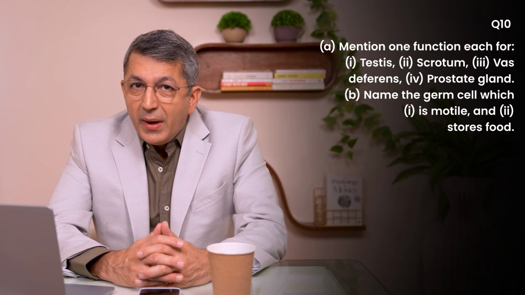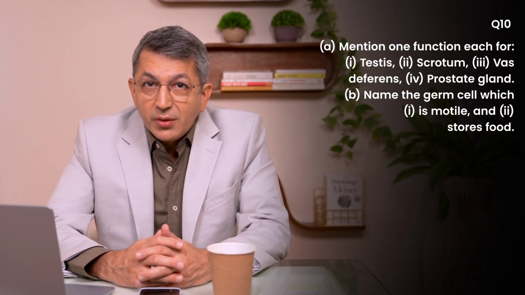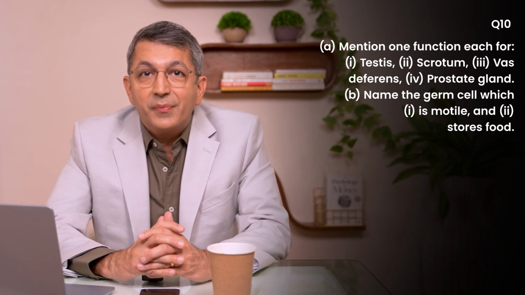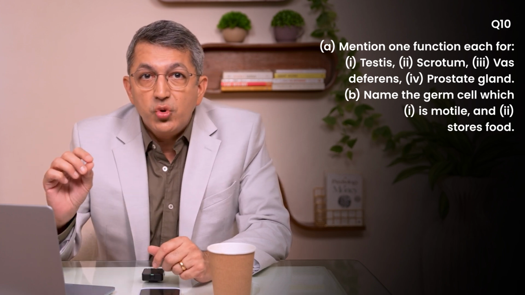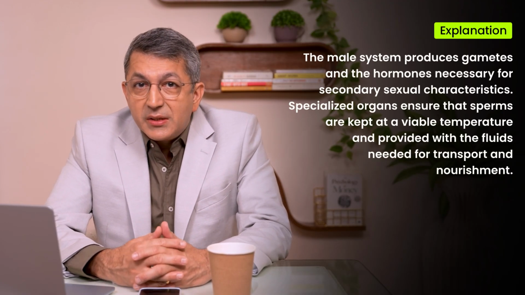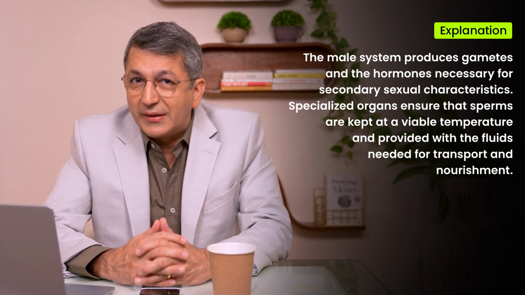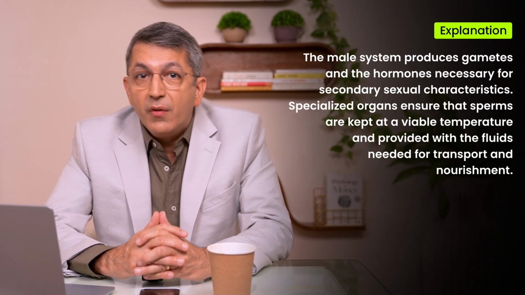Question 10a. Mention one function each for 1. Testis, 2. Scrotum, 3. Vas deferens, 4. Prostate gland. B. Name the germ cell which 1 is motile and 2 stores food. Concept: human male reproductive system. Explanation: the male system produces gametes and the hormones necessary for secondary sexual characteristics. Specialized organs ensure that sperms are kept at a viable temperature and provided with the fluids needed for transport and